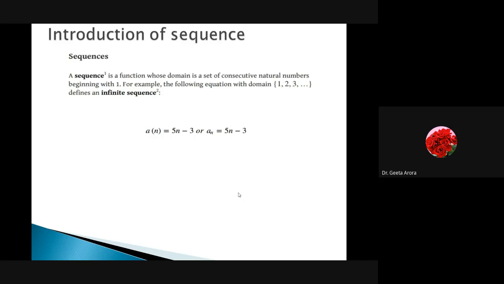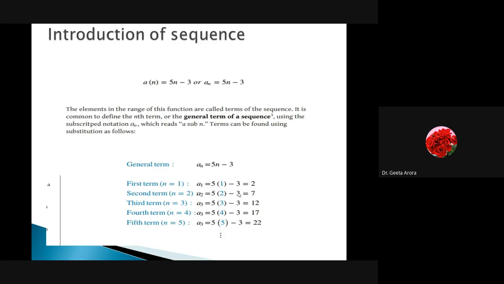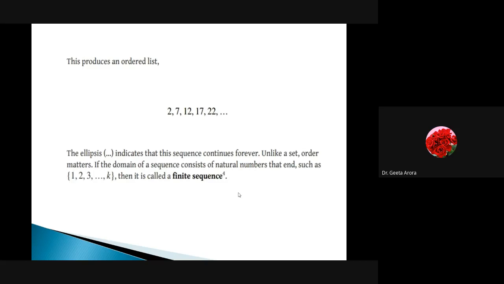So here we are showing that the sequence is not going to end, but it is an infinite sequence. And the new thing that we learned yesterday is we have to represent a sequence in the form of an, and whatever the function is, it will give me different terms for different values of n, and they are called the terms of the sequence. And if we have to write down the terms, this is how we have calculated and represented it. We have written an ordered list. If I put the n value as 1, 2, 3, 4 and so on in this sequence, then what we obtain is the numbers 2, 7, 12, 17, 22 and so on.